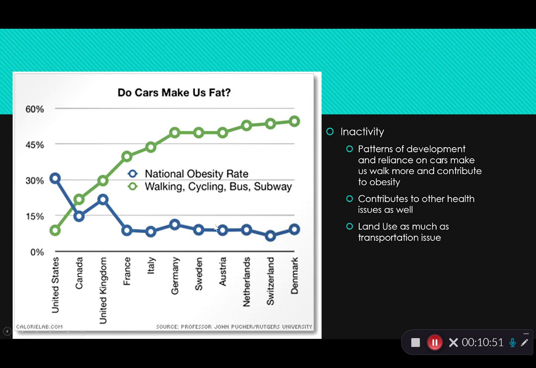And what you can see here is looking across the globe. You can see cycling rates are the green line. And so we are here down at the lowest rates of cycling and the highest rates of obesity. And as you go across the list, you can see that correlation between increased walking, cycling, transit use and decreased obesity rates. So countries like the Netherlands, for example,